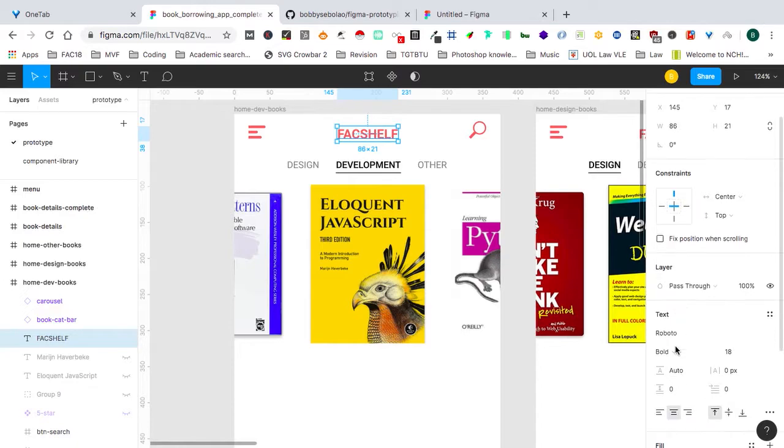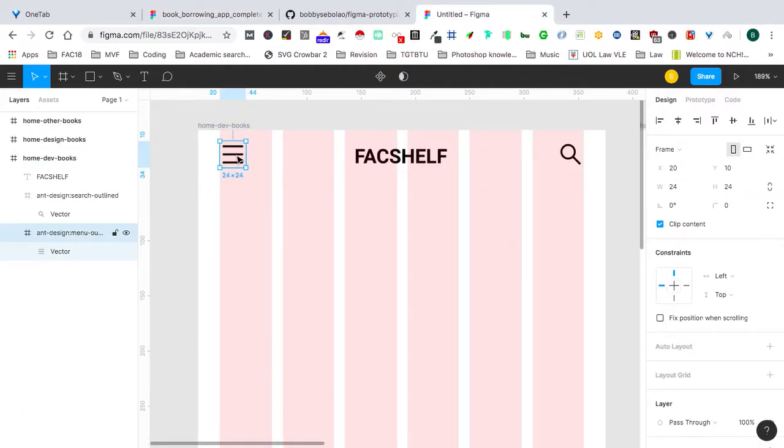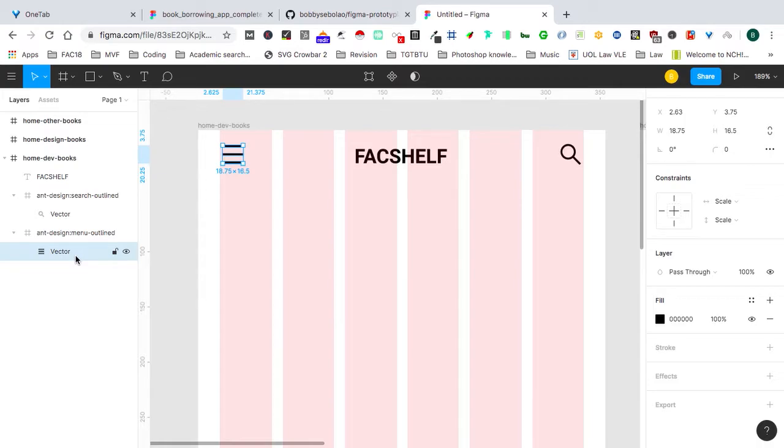So what's the hex code on this? F26969. If we click any element, as you'll see, we've got the element selected, but we actually have a frame selected. So a frame is like a div in code speak, in HTML speak. So what we actually need to do is select the vector or the actual shape that is inside the frame. And there's an option in the properties panel to change the fill. So let's change that fill color to,